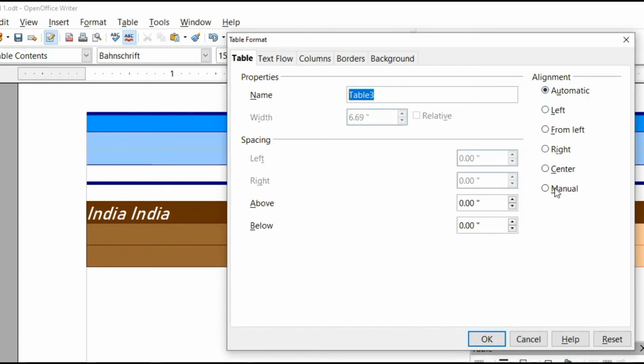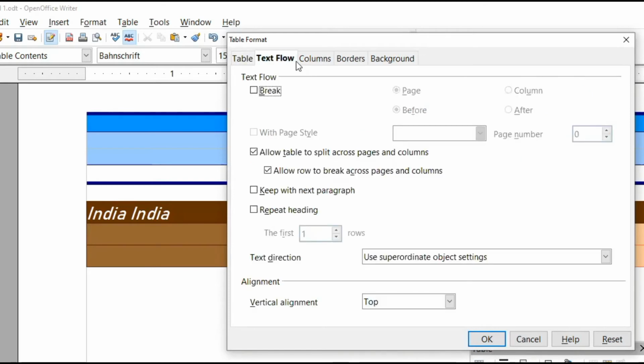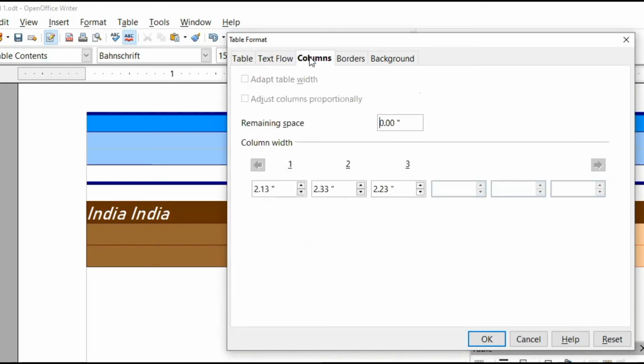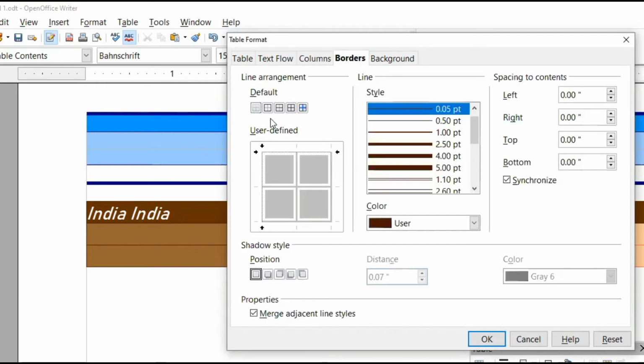Then alignment of table is there: left, right, center, etc. This is text flow. This is column we have seen. Then borders are there. Border means this is no border. This is outside border, outside the table only. This is around cell. This is around table only.